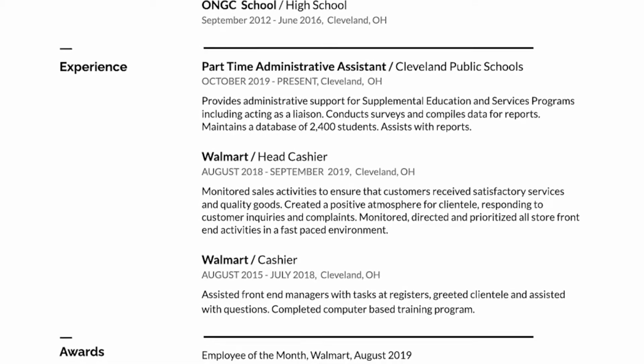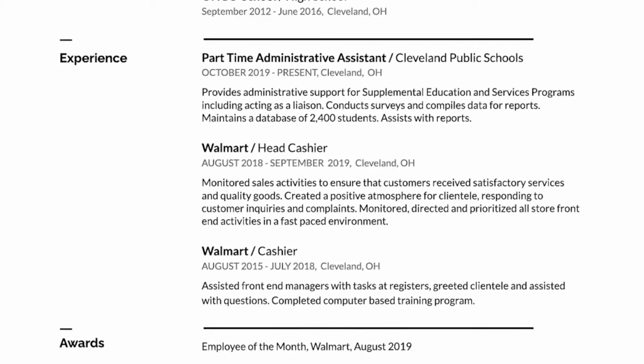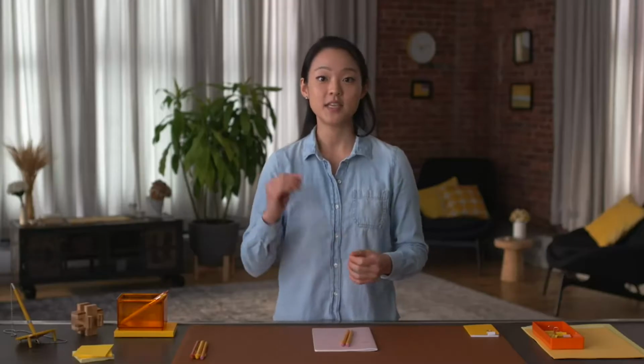Most job descriptions have minimum qualifications or requirements listed. These are the experiences, skills, and education you'll need to be considered for the job. So it's important to clearly state them in your resume. If you're a good match, the next step is checking out preferred qualifications, which lots of job descriptions also include. These aren't required, but every additional qualification you match makes you a more competitive candidate for the role.